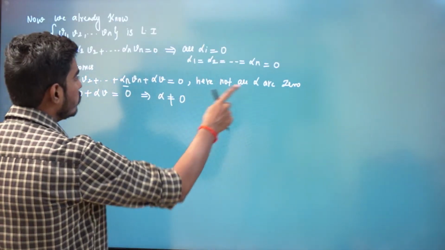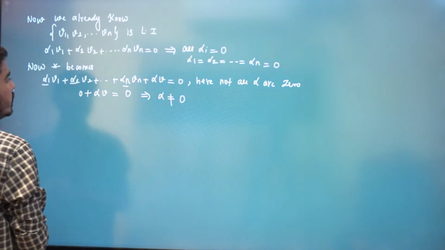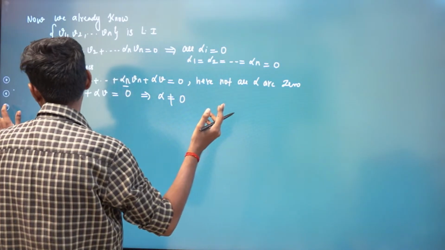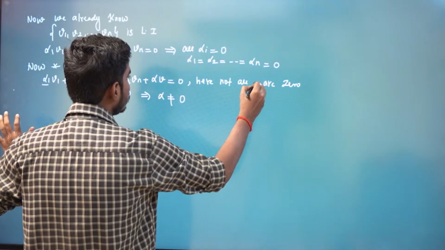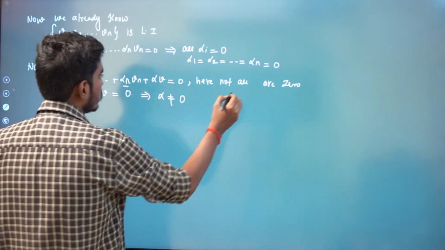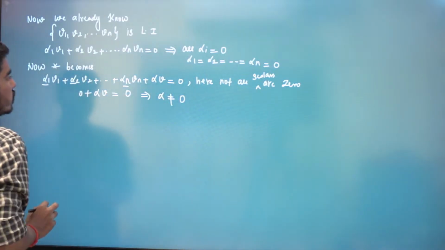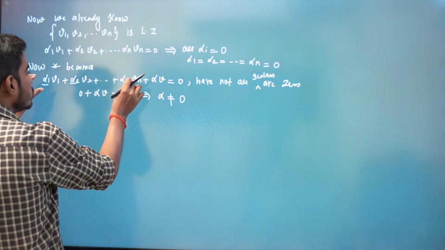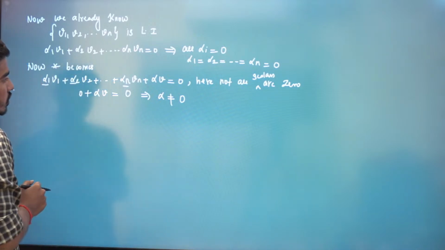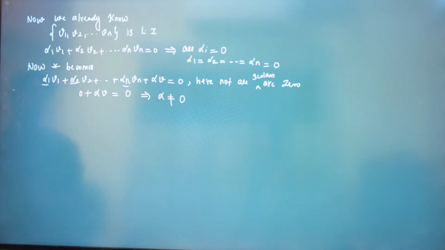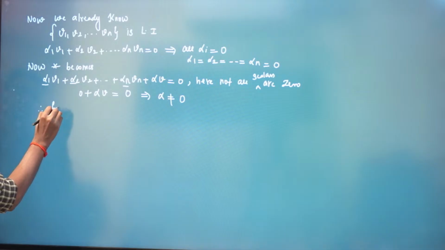Here not all scalars are 0. But these scalars are 0, that means this scalar should be non-zero. So alpha is not equal to 0. Therefore, from star,